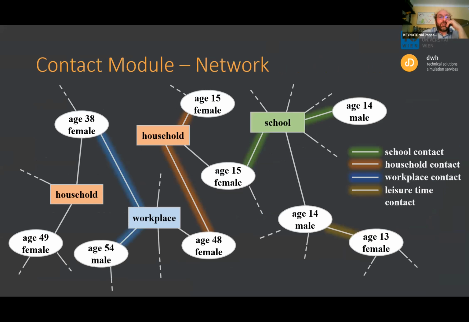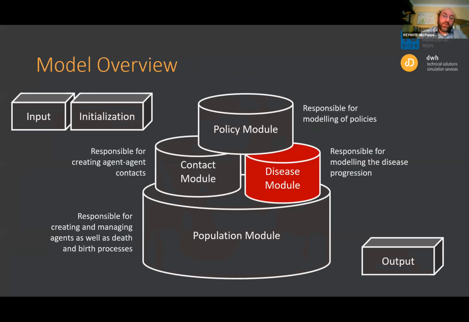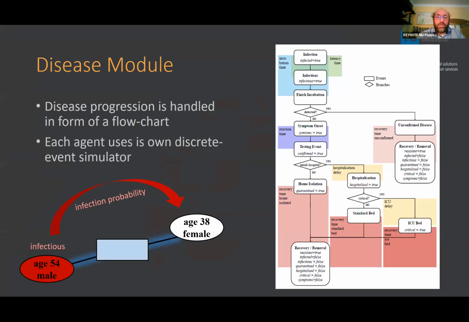I will come to the data later on, which makes us able to parameterize this contact module network, where we have, based on socio-demographic information and the places of the contacts, this network. To make it quick, the third module, of course, was pretty new when we started in January. It's the disease module. It's not very different to other diseases which spread like COVID-19, but of course, various information for the progression of the disease was fully new.